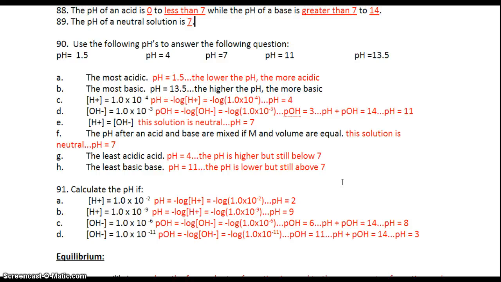And if we want to quantify that and do a calculation of the pH of the solution, anytime that they give us a hydrogen ion concentration, we can take the negative log of that hydrogen concentration, and that gets us the pH. Or you could solve for the pOH by taking the negative log of the hydroxide concentration to get